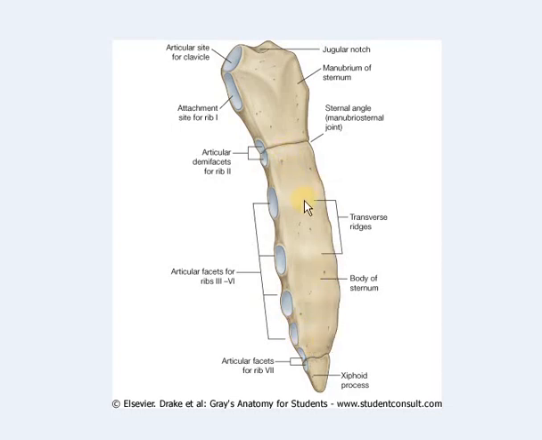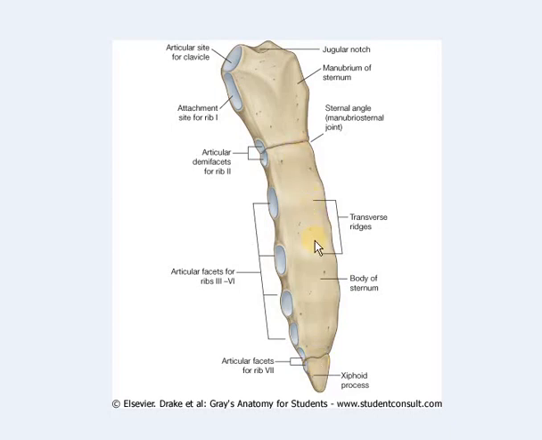As you can see, the body is longer, narrower and thinner in comparison to the manubrium. It has two surfaces. This one is the anterior surface, and similarly to the manubrium it has a posterior surface also. So it has anterior and posterior surfaces, whereas it has two borders, two lateral borders. This one is the lateral border, and similarly there is another lateral border, and the body has two ends, the upper end and a lower end.